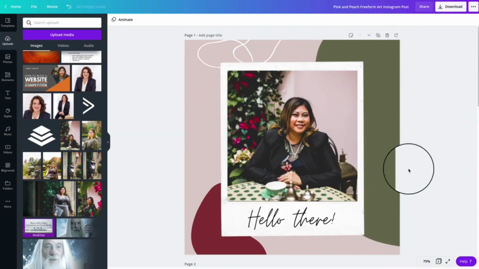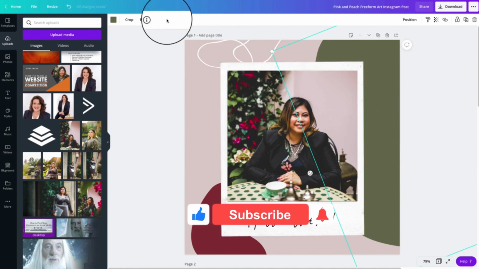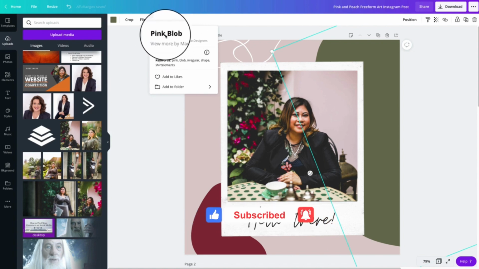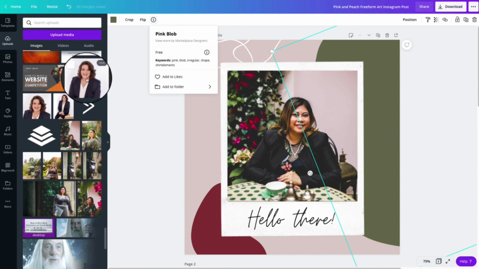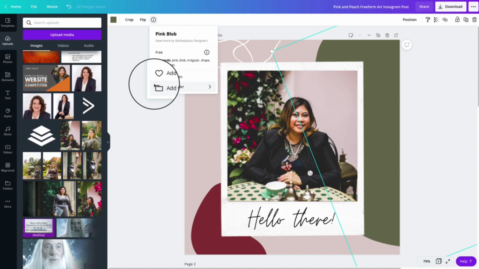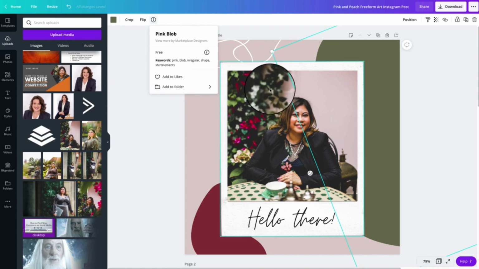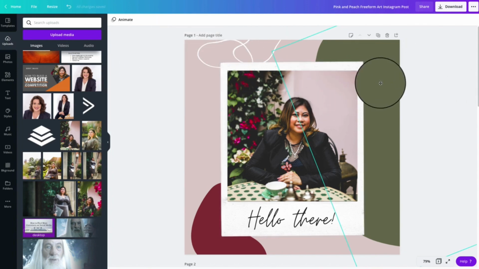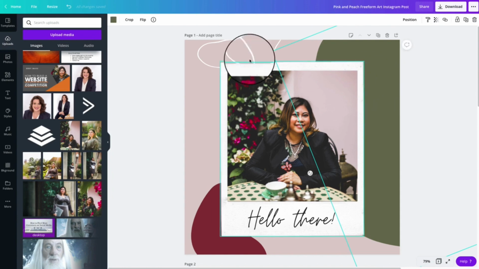And say if you wanted to create this from scratch, I'm just going to add a blank page there. And then we're going to select this and then see what's the information here. This particular element is called pink blob. So this is in case you are creating from scratch, but you wanted to copy something like this, but you didn't know what it's called. So here's a way of learning what these elements are called. So this one was called